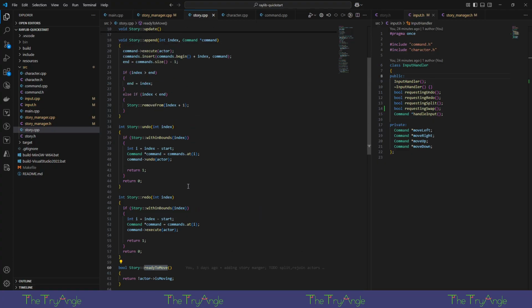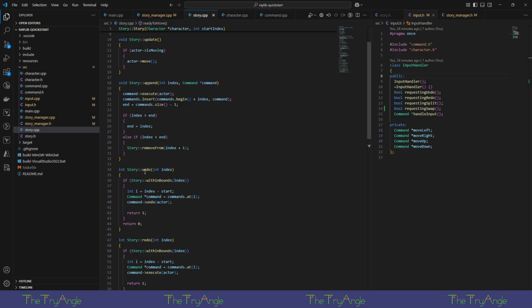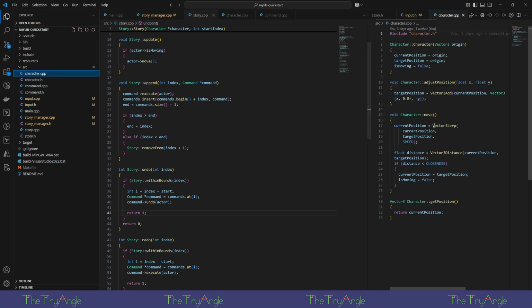I suppose I could have done this. I wonder if I could have done this. No, I mean I could have done this in the actor, but again, then it's like the actor itself is just more of a... Where are you? Oh, it's called character. I need to rename that to actor because I call it that. Yeah, character. You adjust positions. Not really great. I think set target would probably be better actually, but while it has something to move, it